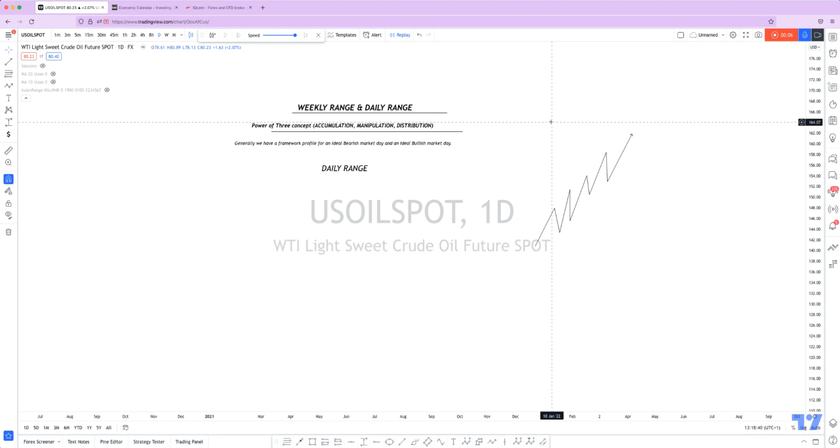So, this is an advanced concept, and we're looking at the weekly range and daily range. Making use of the ICT power of three concepts, we'll be looking at the accumulation, manipulation, and distribution in the market. Generally, one thing we know about the market is that the power of three concept is repetitive in the market. So understanding it is how we form a daily bias and also a weekly bias, because the market